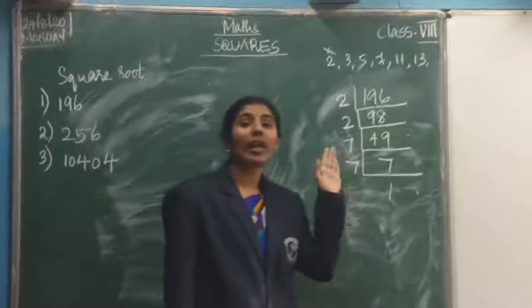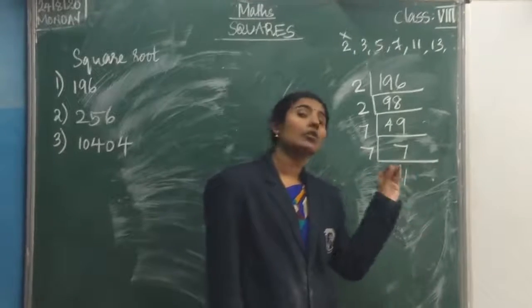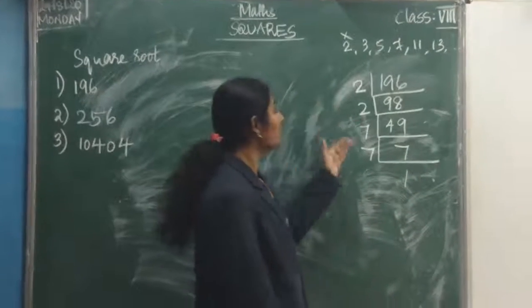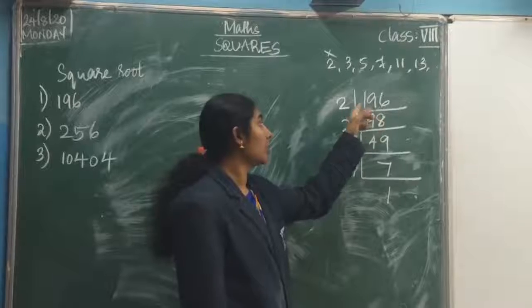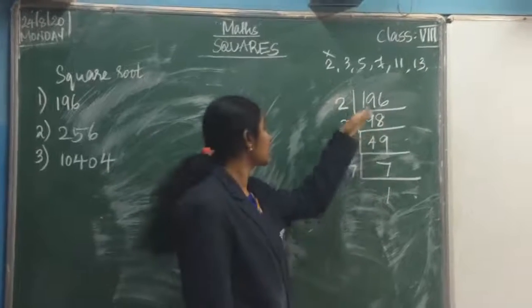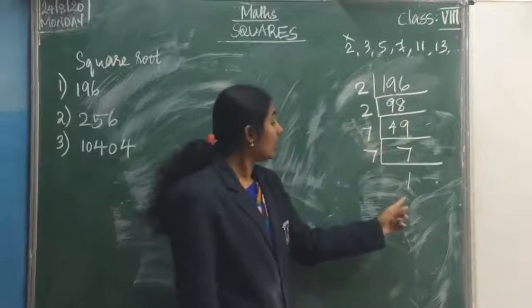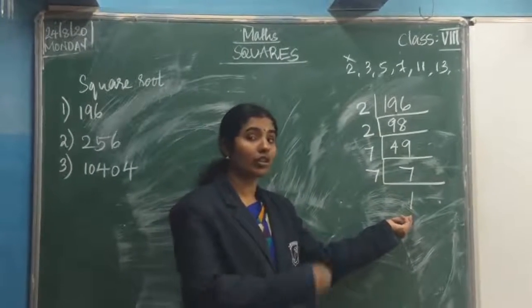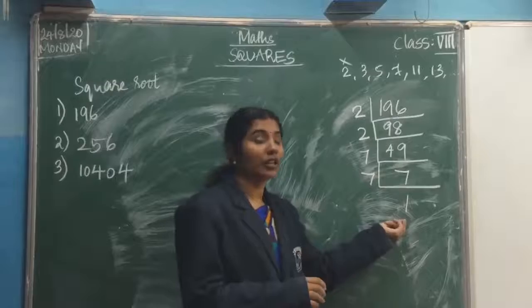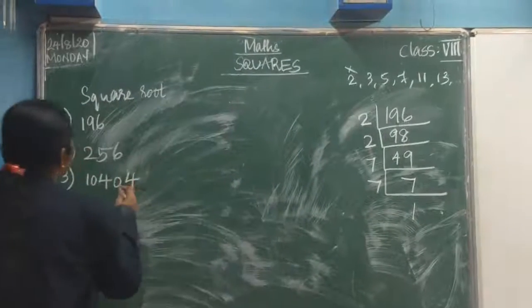So like this, by using prime numbers, first of all you should factorize this number. How to factorize this number? By using prime numbers. Divide the given number by prime numbers. The answer you should write. Again, divide that by a prime number till you are getting 1. You should do this now. Okay. So what will you get?